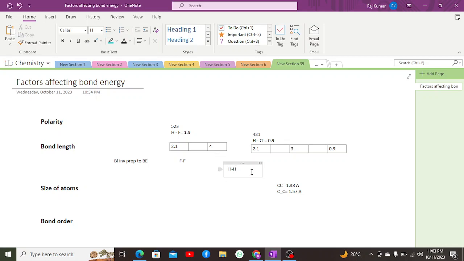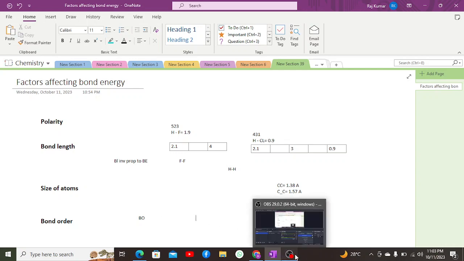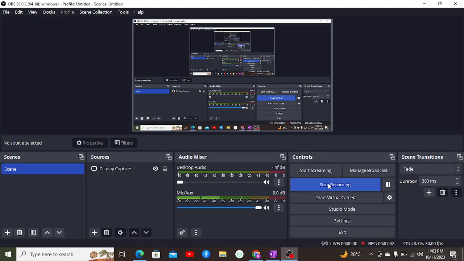Hydrogen has a smaller atomic size, so more nuclear force of attraction is there, due to which a stronger bond and high bond energy is there. And after that, when it comes to bond order, bond order is directly proportional to bond energy, because with multiple bonds there are more forces of attraction, and thus bond energy is increased. That's all about this video. Hopefully we'll meet again in another